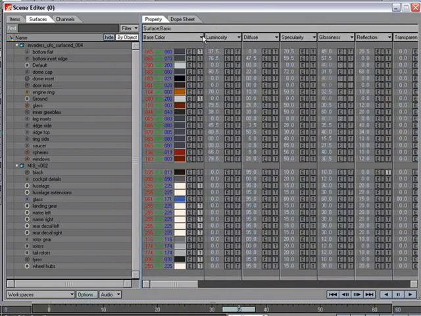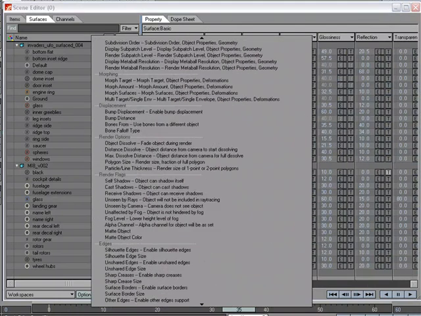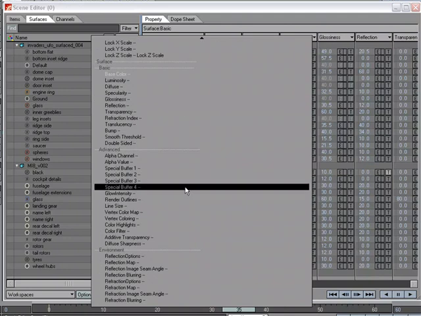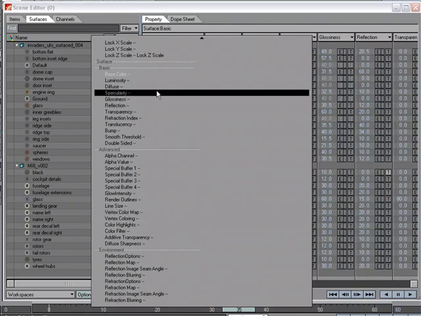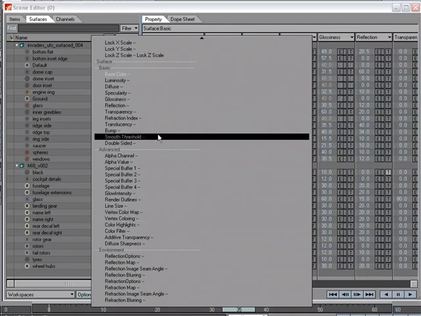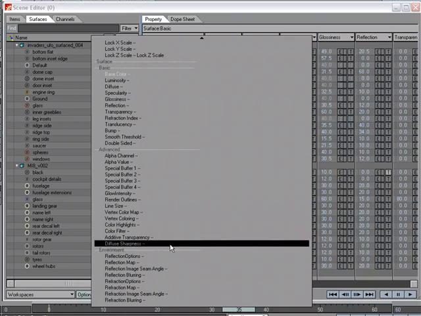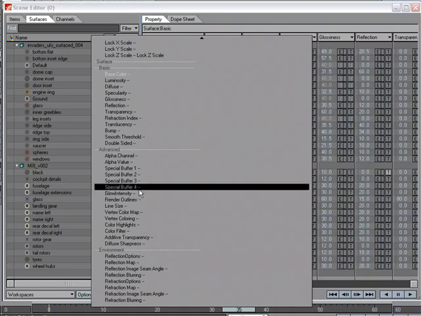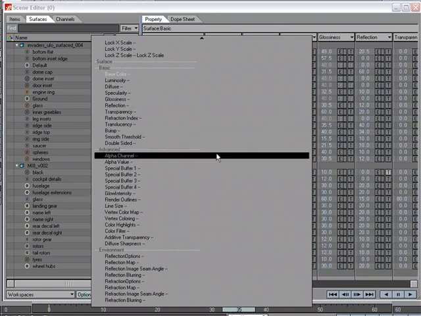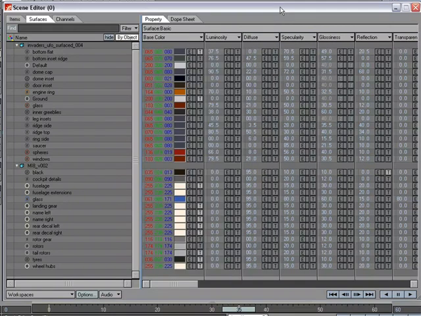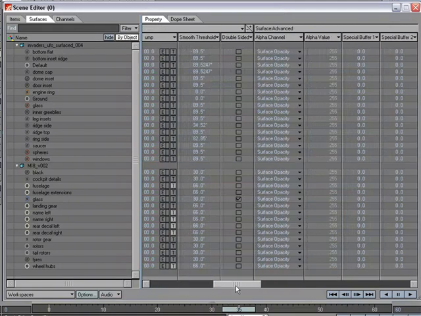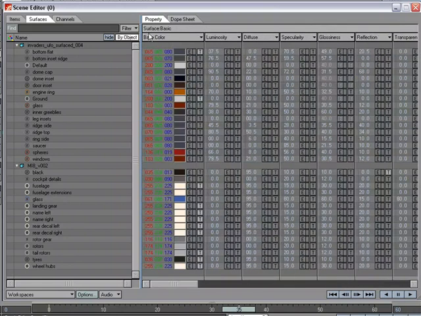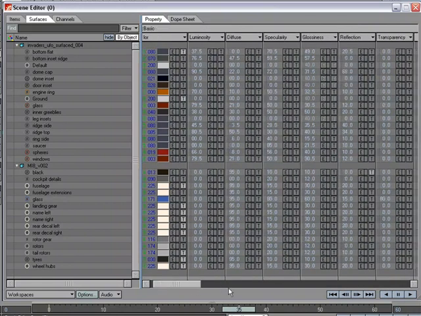Now you can always change what you want viewed in this column. So I can come down to surface and I can choose any of these. So I don't have to use the defaults. The defaults are basic, advanced, and environment. I could build my own custom one and say I never use some of these options. Well, I can just swap out some of the columns with items that I do use. Okay, but we'll go ahead and use the default setting right here. Okay, and I've added all three basic setups so that if we needed to, we could scrub all the way